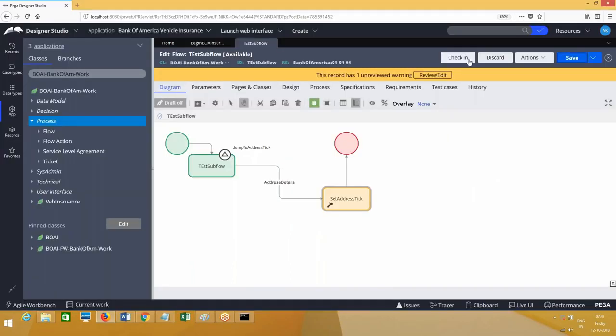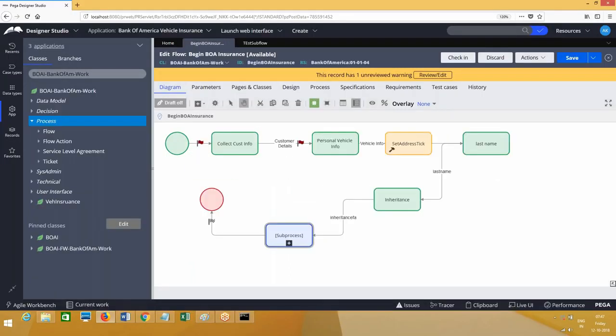What are the changes that we need to make in process flow? Remove this setting here. So vehicle information to last name, and I'm going to call the ticket at customer information.